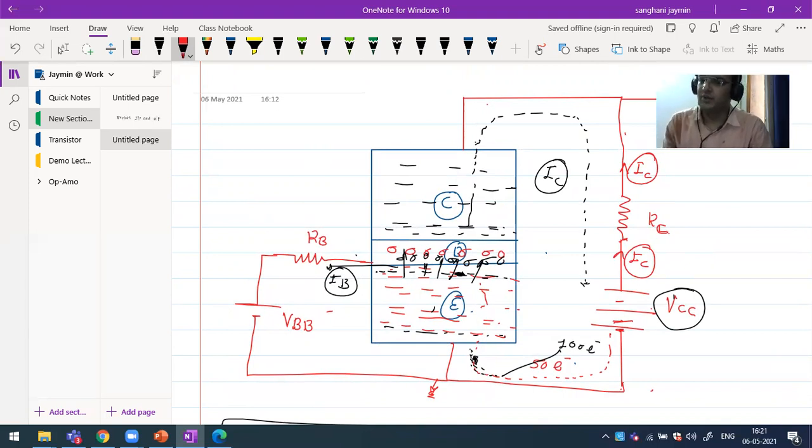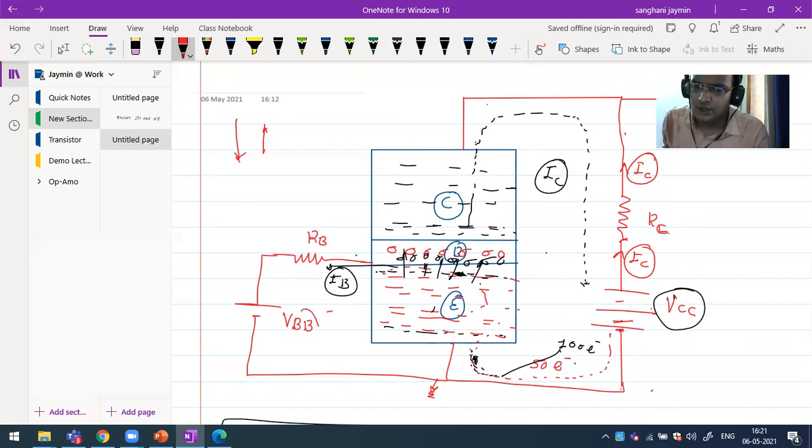See this very carefully. Here, whatever current flows is due to the electron. And here, whatever current flows is due to the positive charge. Both are the same concept, but here it is due to the flow of electrons. And remember that point, if electrons flow like that, then the current definitely flows the opposite way. Okay, so this is the configuration known as the common emitter configuration. It is the entire explanation related to the common emitter configuration.